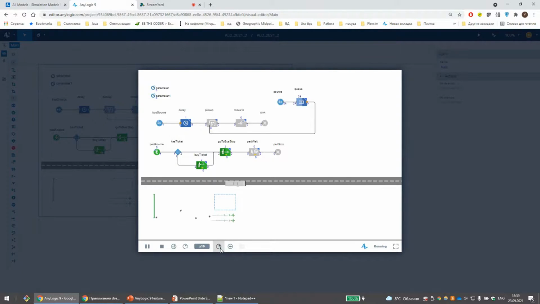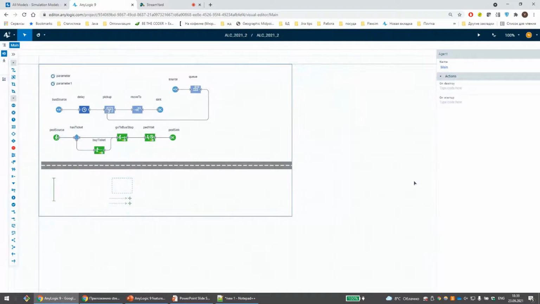Okay, let's run it. Now pedestrians disappear from this area, and our bus is moving to the next stop. Okay. Well, actually, we are done with this demo.